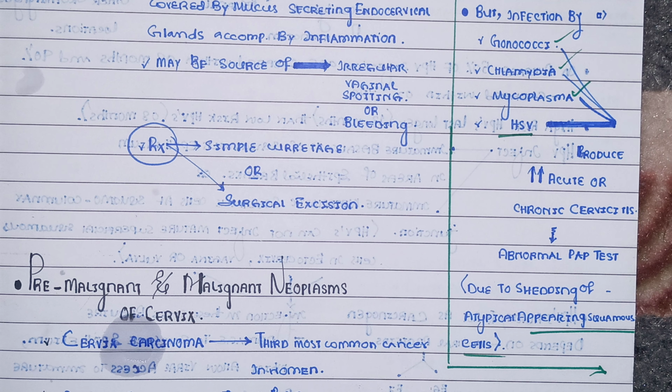But if let's suppose due to some reasons your vaginal pH becomes alkaline, maybe due to the menstrual bleeding, sexual intercourse, or due to some antibiotics that can suppress the lactobacilli, so ultimately what will happen,